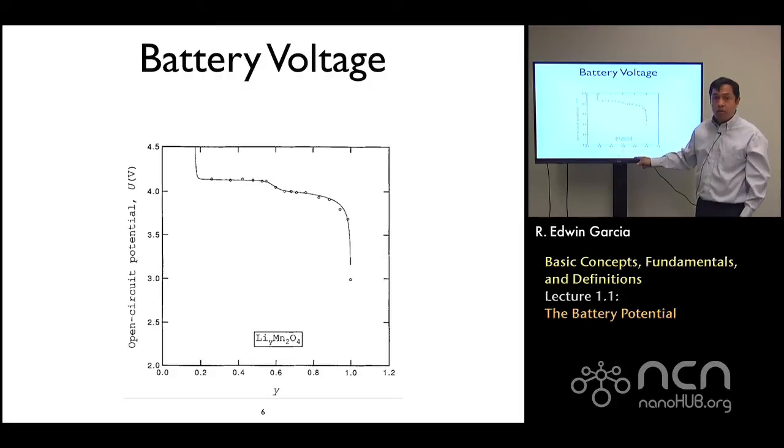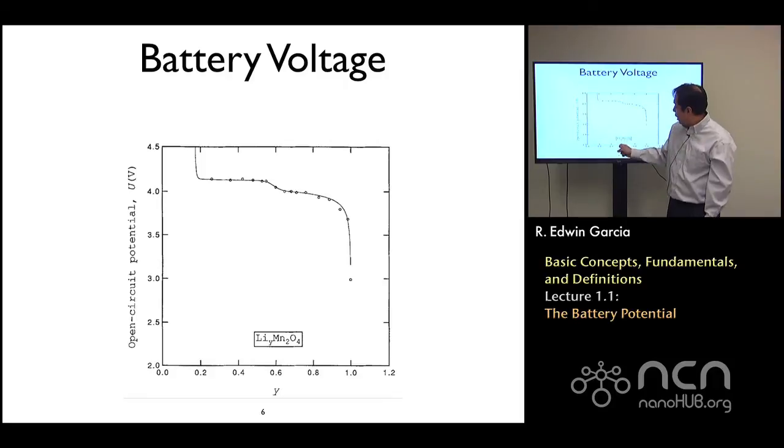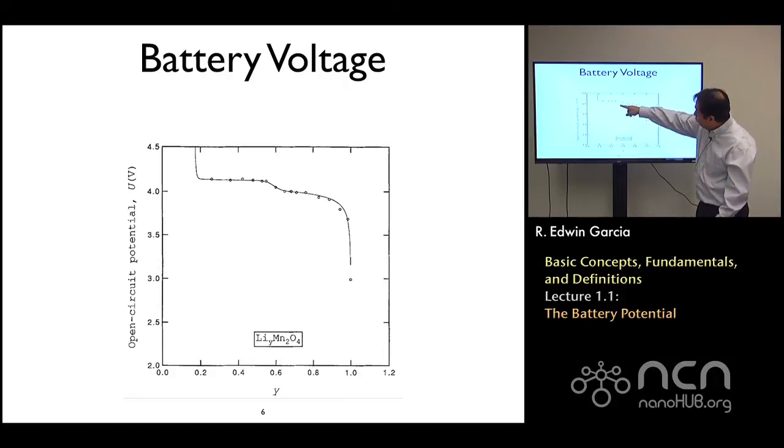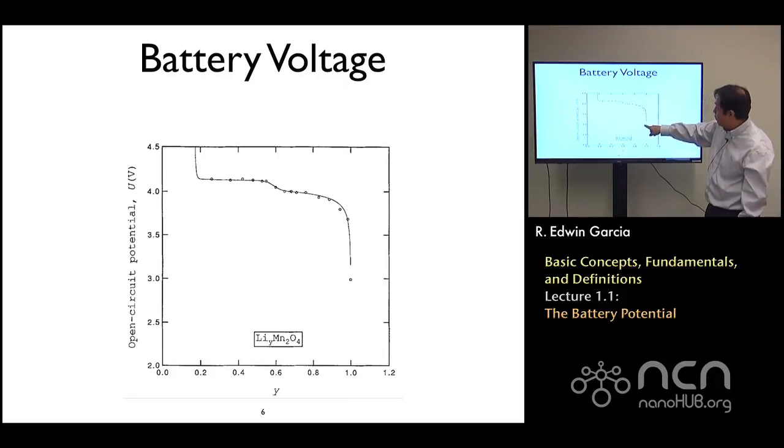Okay, this is all with respect to a lithium reference. So you can see on this side, basically we have Mn2O4, while over here, when Y equals 1, we have a fully lithiated LiMn2O4 system. Down here, the voltage drops roughly to a value of 3,